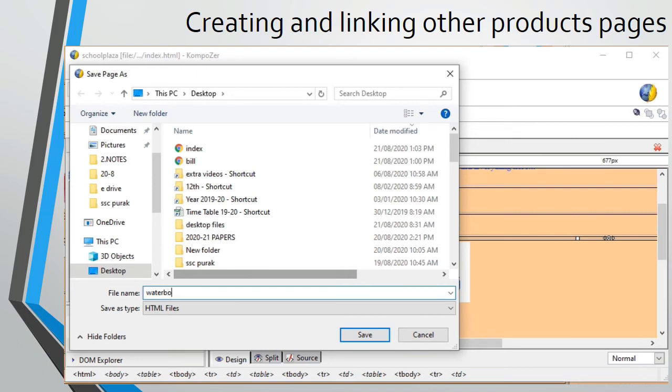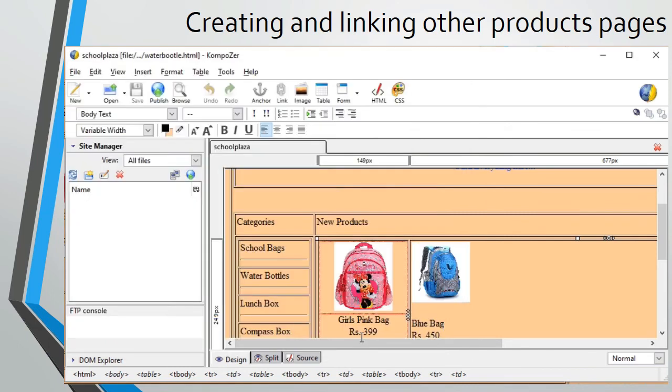By saving the page with a different name, we will get the same look on the new page, and we need minor changes in that page because the title, logo, and categories link all will remain the same for each and every page.